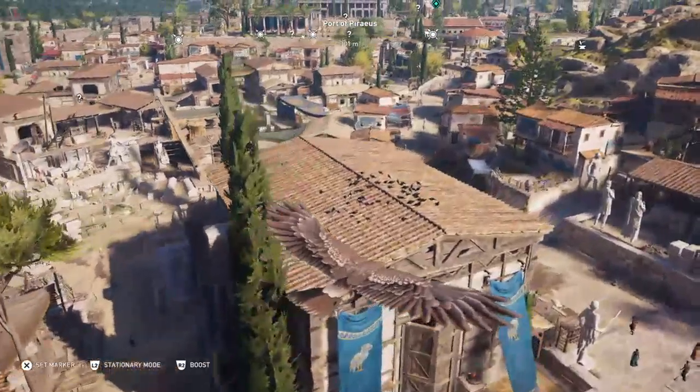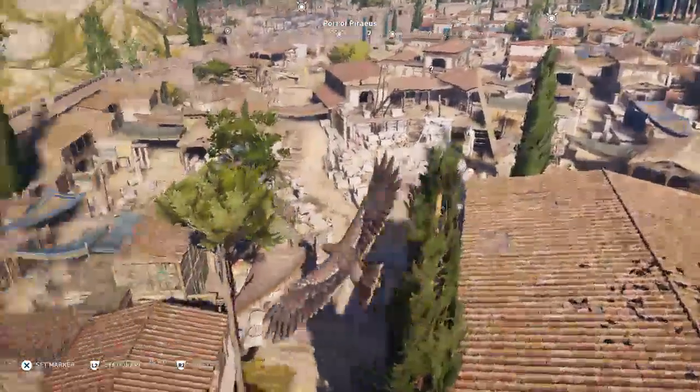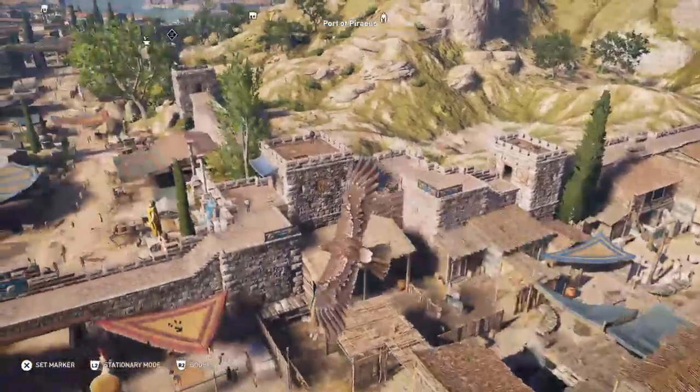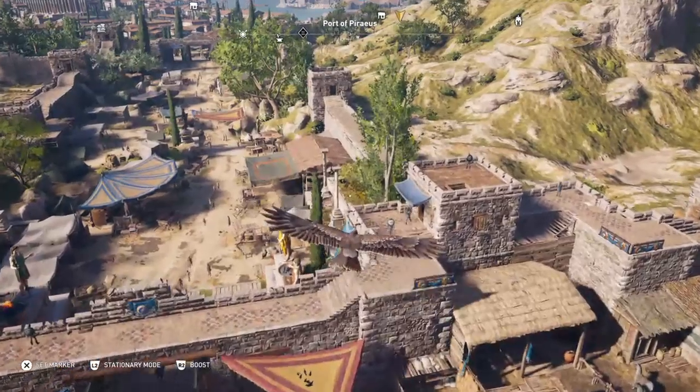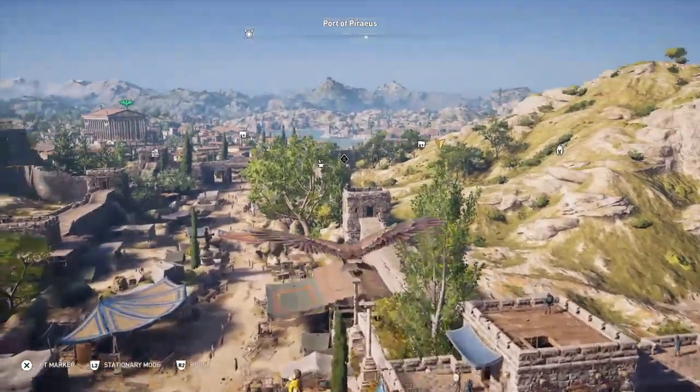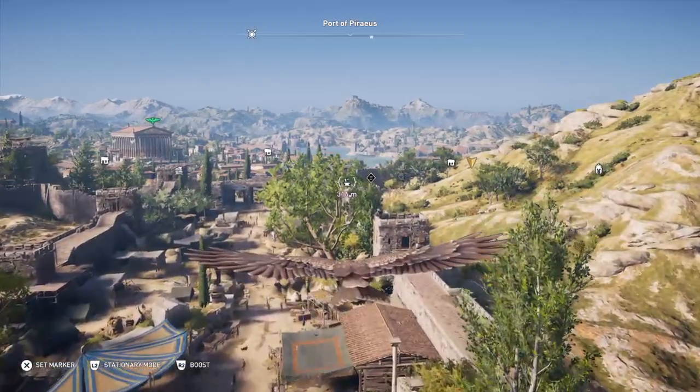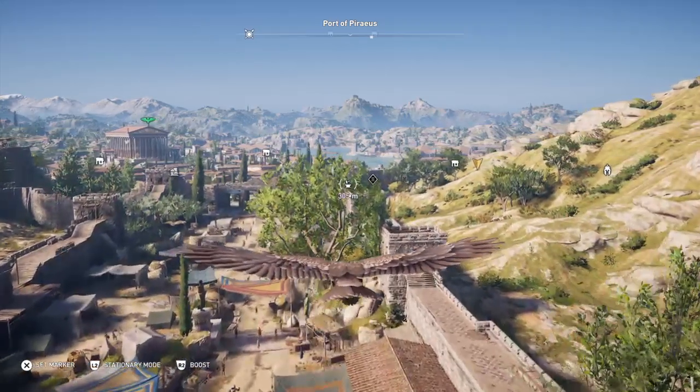This city is so huge. Like Alexandria in Egypt in the last game was huge and sprawling and amazing and an undertaking. This has to be 3 or 4 times bigger. You remember when I showed you Alexandria from the last game, right? With the lighthouse. Yeah, I remember this. The lighthouse was awesome. It was super amazing.